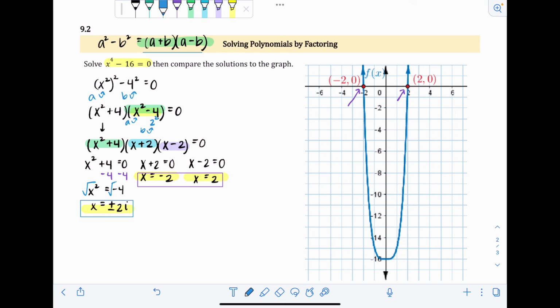Okay, so the last thing, this is really quick. If you want to see another example of this type of problem, it's in 9.2. I just wanted to keep the video, I know it's not short, but relatively short for you guys. Anyways, the other example starts off from factored form. So it starts off right here where you just set each factor equal to 0. So it's a quick one to look at if you're